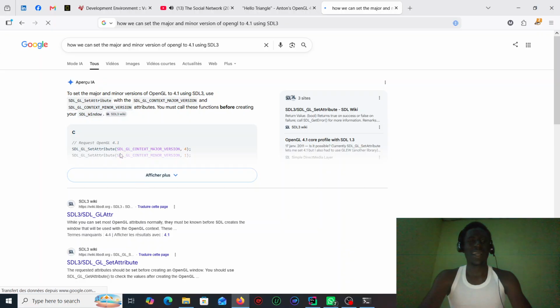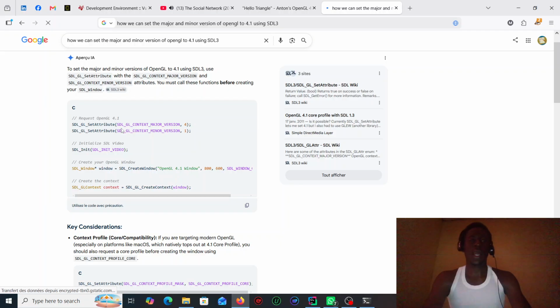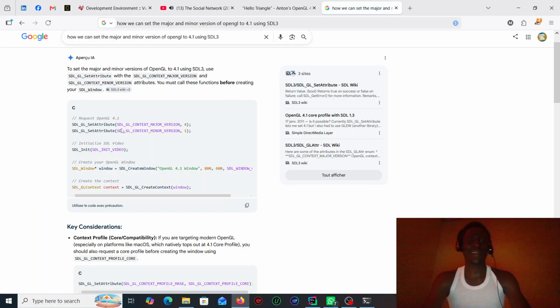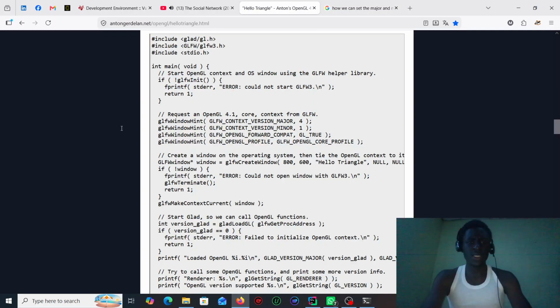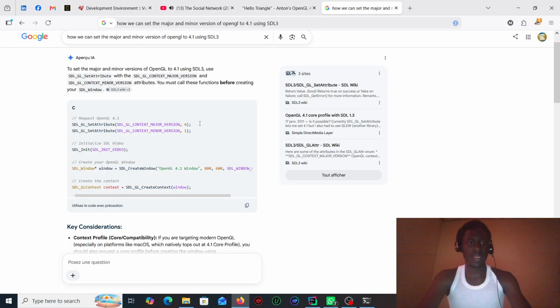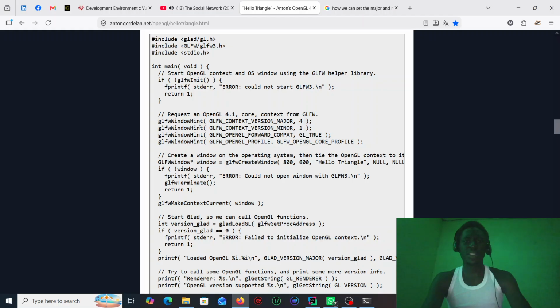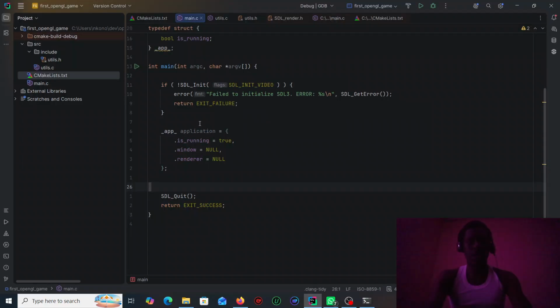Look at this. Actually, this is my use of AI. I go on Google, I do some research and I get this quick response. Here is SDL GL set attributes, the SDL GL context major. You can see this GLFW window int. Here is SDL GL set attribute. Maybe that's because I don't know the English, but anyways, we have